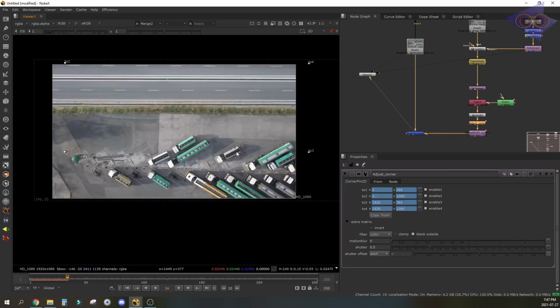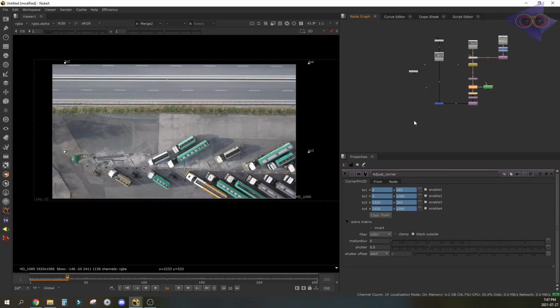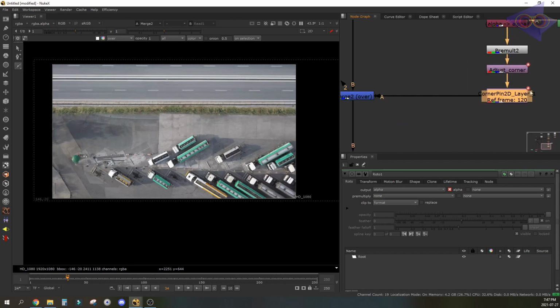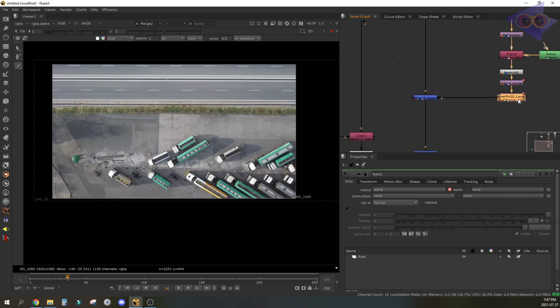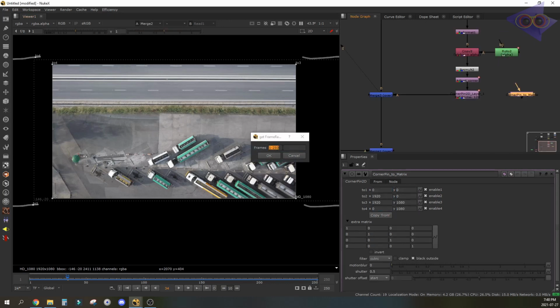There are lots of areas which we can reveal back with the input. Let's use another tool here. Select the corner pin track. We have the corner pin data here. Let's convert this as matrix data and use in Roto. I have a tool for that. Find tutorial for this also in channel. Click on OK.